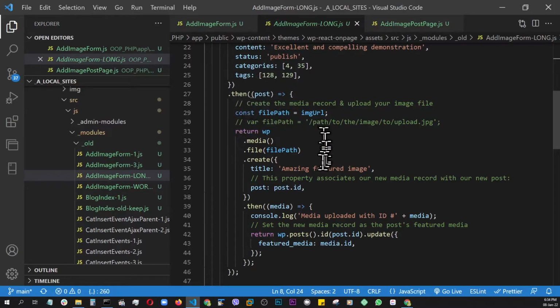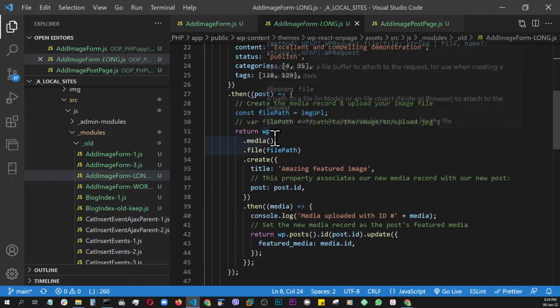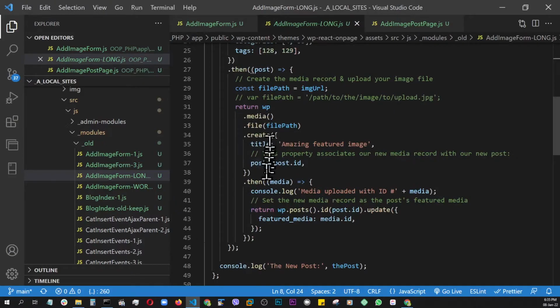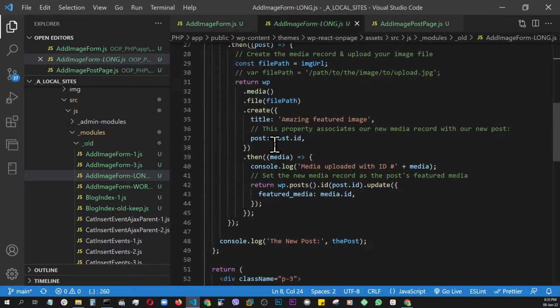And now in the second block, we're returning another wp.media. So this time we're gonna actually upload and create the image object and upload it into the WordPress media library. But this time we're just associating that image with this post. This post we just passed through, and we're just gonna add this as a property when we create the image, post.id. This will associate that image with that post, and once it is created, then we're passing the media over